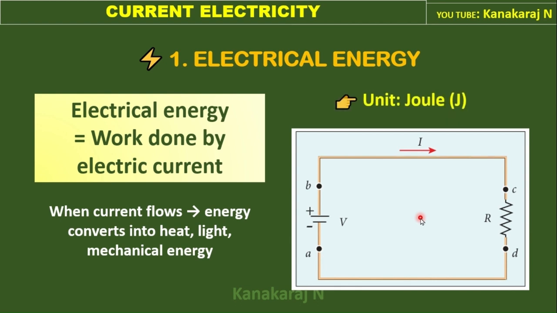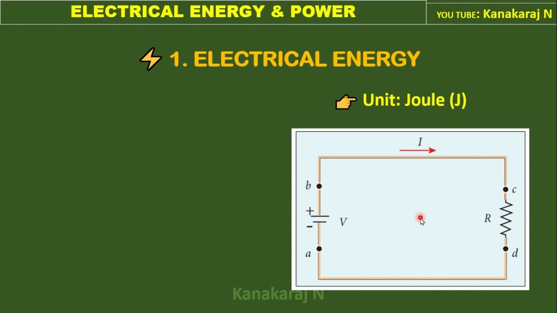The unit of electrical energy is joule. The electrical energy W equals VIT. V is the potential difference, I is the current, T is the time of flow. Let us use Ohm's law, V equals IR, in the above formula. When we replace V as IR, or when we replace I as V by R, we get another two forms